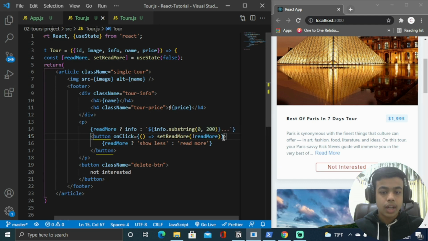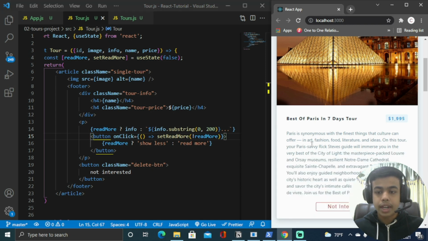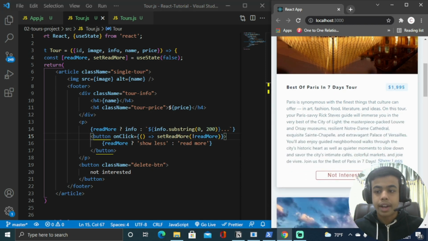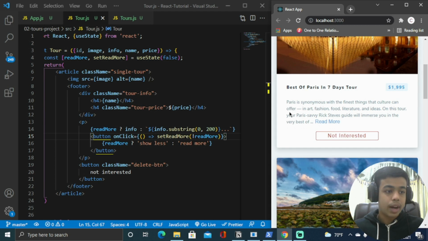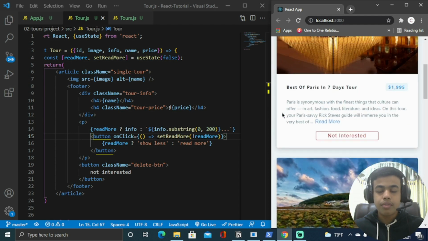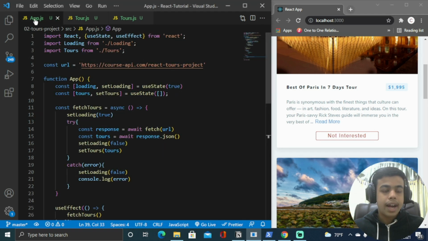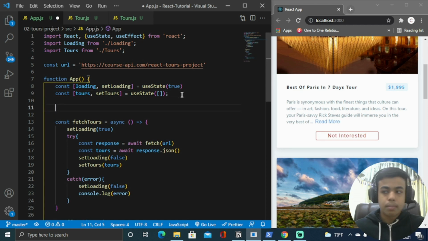Alright, so now when I save it and come to my project up here, and when I click on the read more, it is changing its value to true, and when I click on the show less, it is changing its value to false. Great. Amazing. Now we have added our read more functionality to our project up here. So now let's add the not interested onClick functionality up here. For adding that functionality, we are going to come before this fetchTours component,